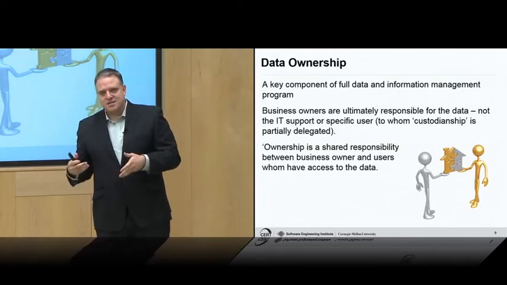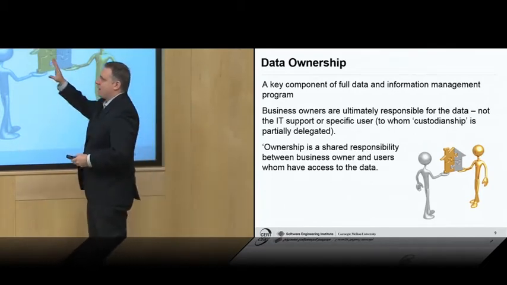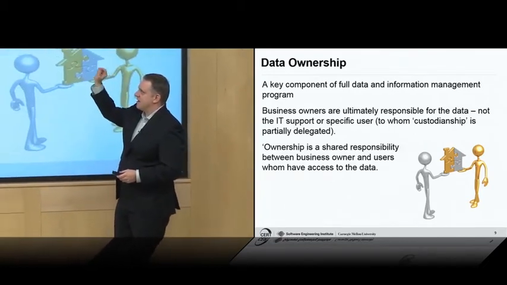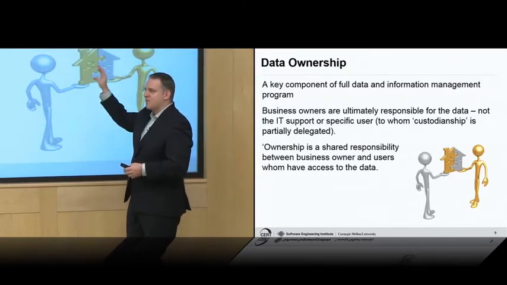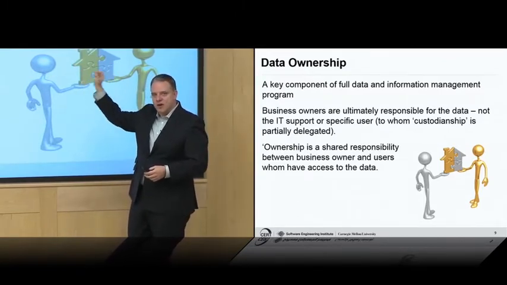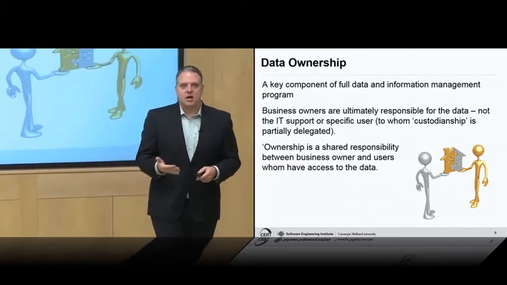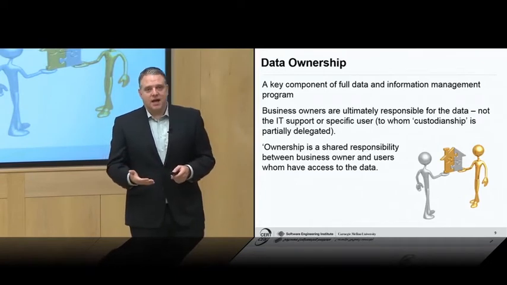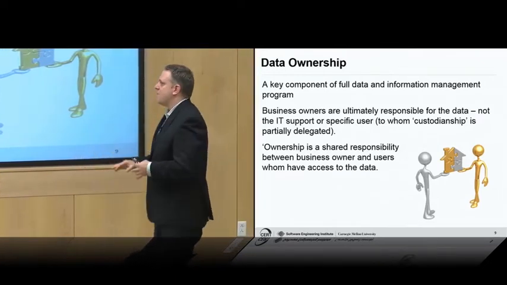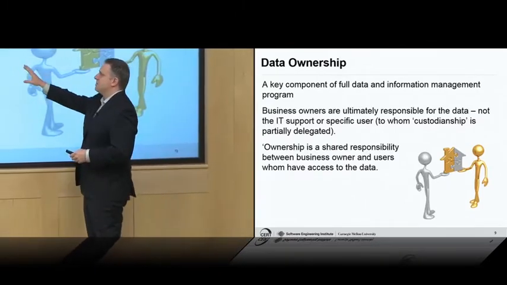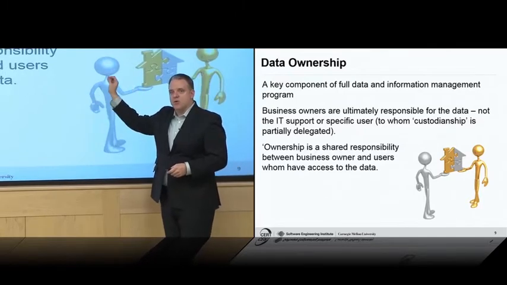Well, to address that, your data classification policy should say that IT and security, well, those are custodians of the data, but whoever created that data to begin with, they're the owner. They're the ones who know what that data is. They know the impact of the loss of that data, and they can speak to that. The IT guys and the security guys probably can't. But what you end up with then is a shared responsibility between the real owner of the data and the custodians or the users of it.